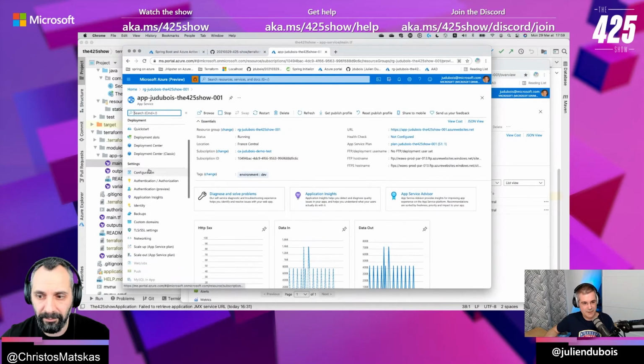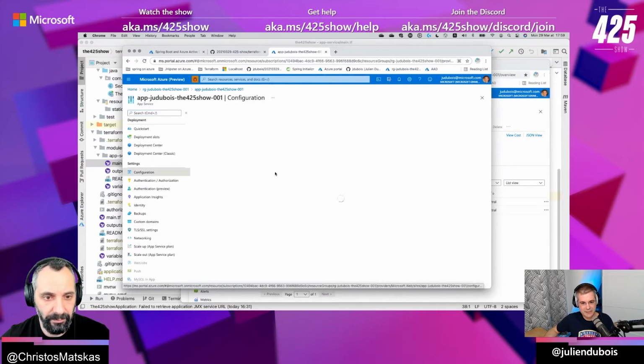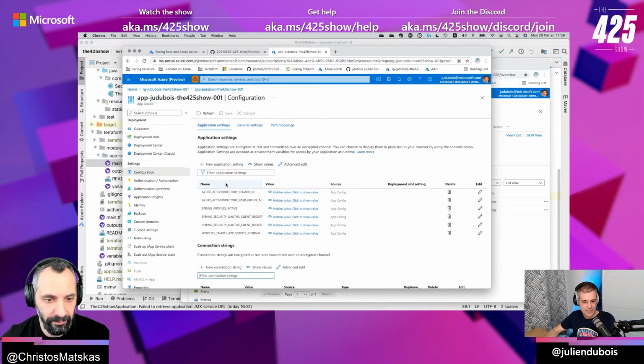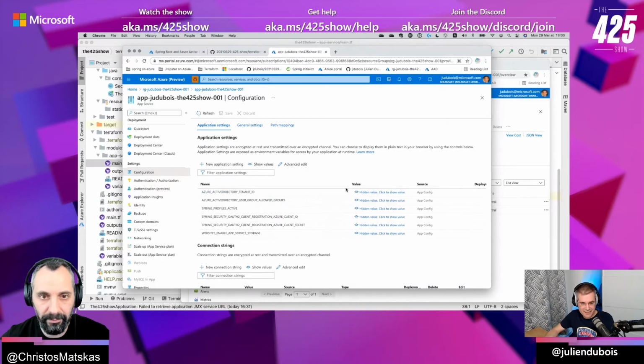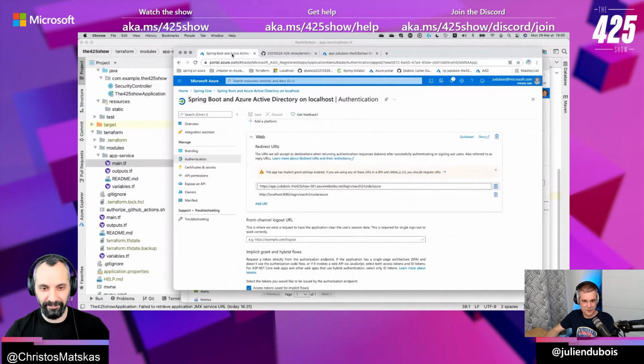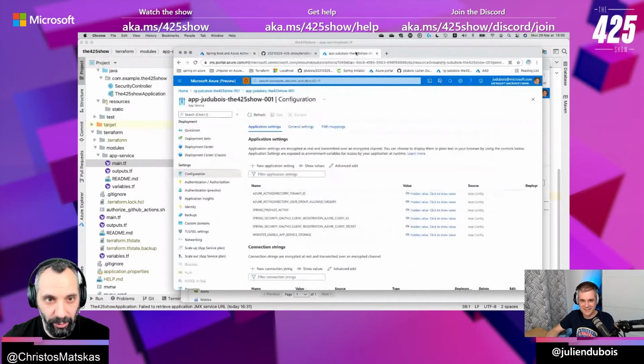And in the app, in the configuration part, I created 4 variables: the tenant ID that we had before, the user group that we had before, a client ID and a client secret. Those are the ones I'm going to change, because let's try to do what you said. Let's try to configure this. Is that okay with you? Yeah, absolutely. Go for it.